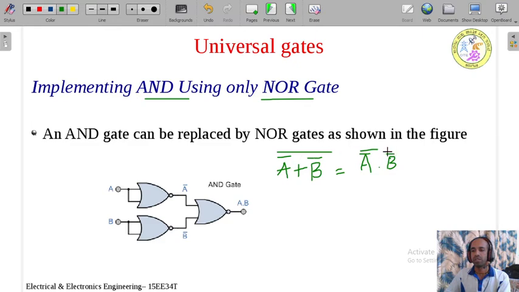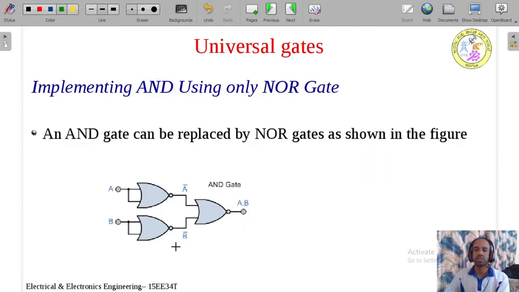Again one more bar we need to write. Now these two bars get cancelled. So what is left now? A dot B is left. A dot B is nothing but the AND function. So whenever NOR gates are connected in this fashion, this behaves as an AND gate. So this is how we can implement the AND gate using NOR gate.